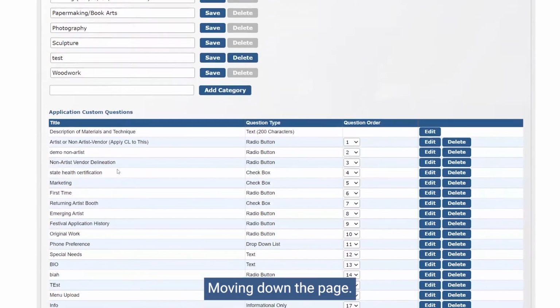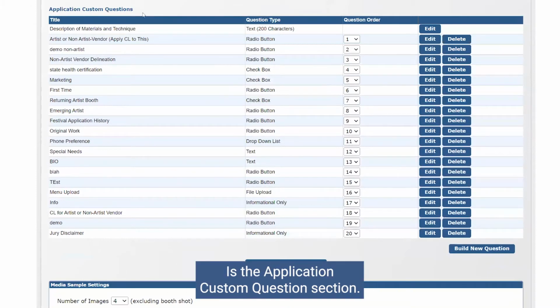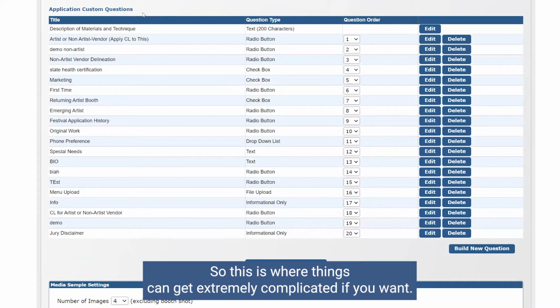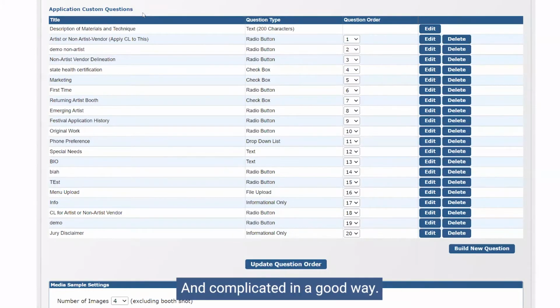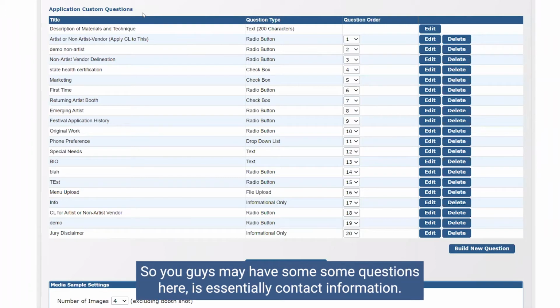Moving down the page, that's your medium category stuff. Next is the application custom questions section. This is where things can get extremely complicated if you want them. It's complicated in a good way. One thing to note before we dive into questions, because you guys may have some questions here, is